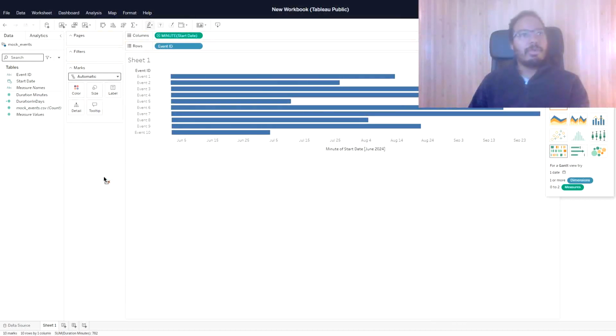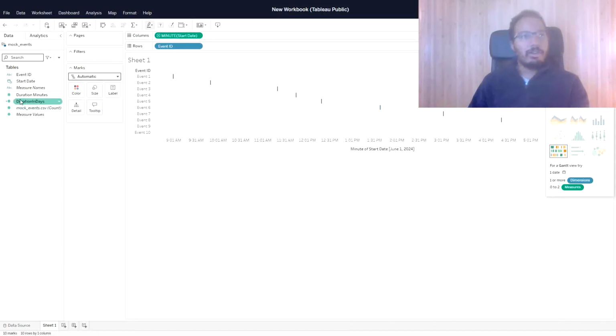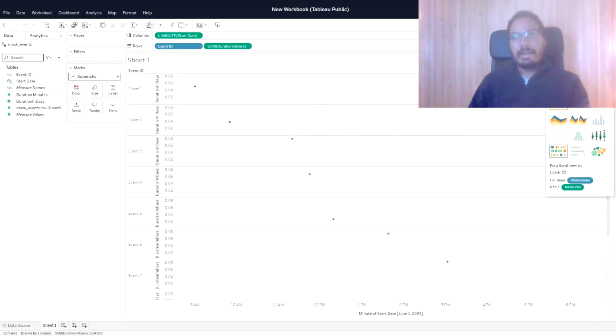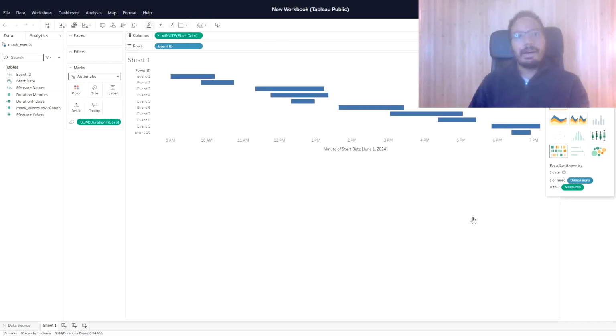So let's remove this one over here and let's get the duration in days instead. Just double click it. It will again destroy the graph, but click again on Gantt view. And now here we go. So you see we have the events displayed over here. I could also add the descriptions. So let's say add label